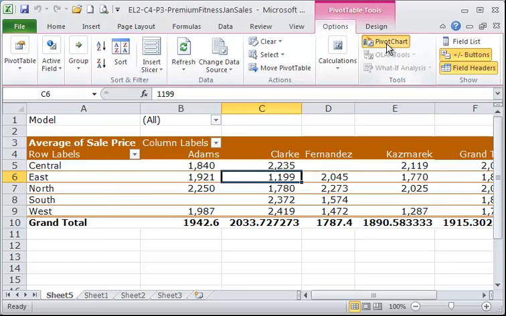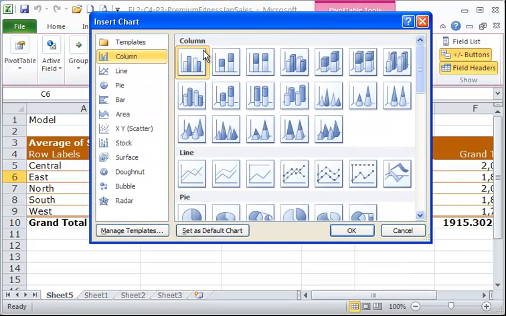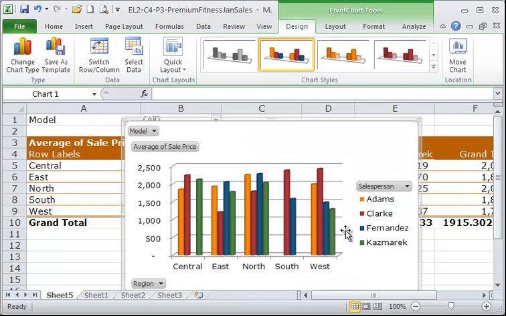So go ahead and click on pivot chart, and you have all the same categories that we had when we've created charts previously. We want to leave it with the column category or the column type, and then we want the clustered cylinder. Should be the second row down, first column. So click on that, and then we can click OK,